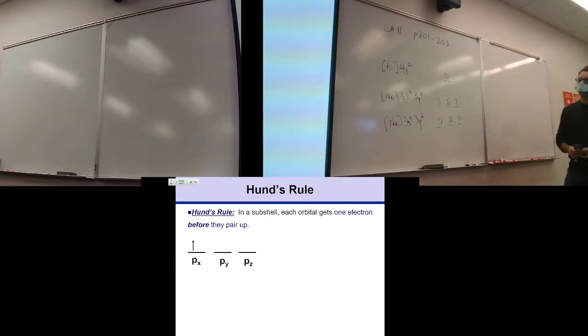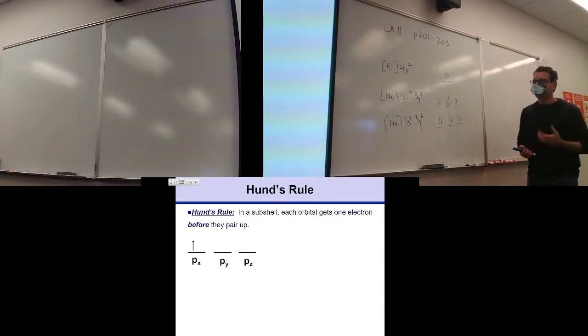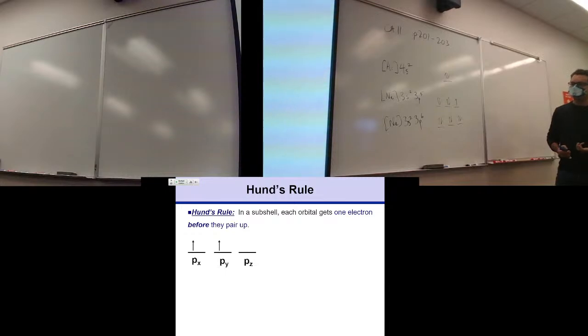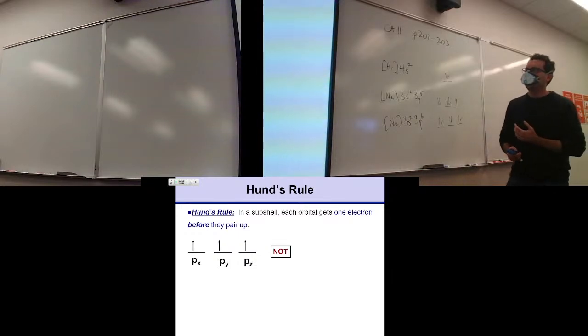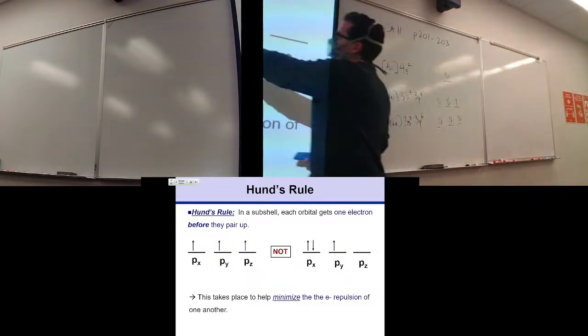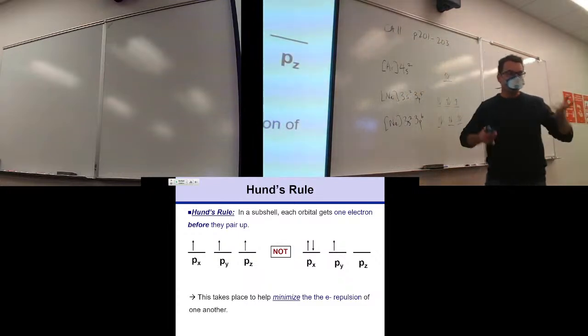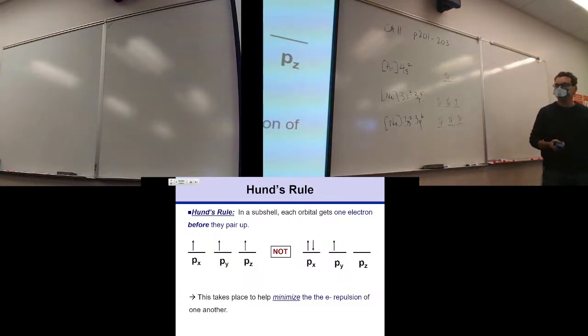Okay, we went over Hund's rule. Hund's rule, 1 electron per orbital in degenerate orbitals before you pair them up. So all the p orbitals are degenerate with each other. So you do 1, 2, 3 like that. If you had 3, not 1, 2, 3 like that. Okay, we've done this. We've seen this slide. The reason for Hund's rule is to minimize electron-electron repulsion. You don't want 2 electrons sharing the same orbital if they could be in separate orbitals. They want to be separate. An electron's negative charge doesn't like the negative charge on another